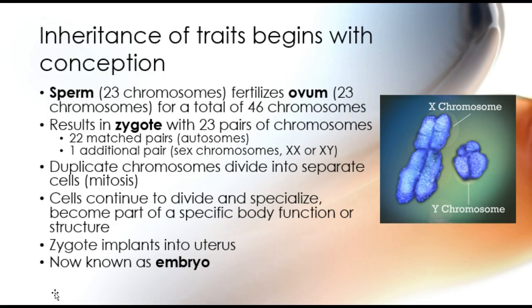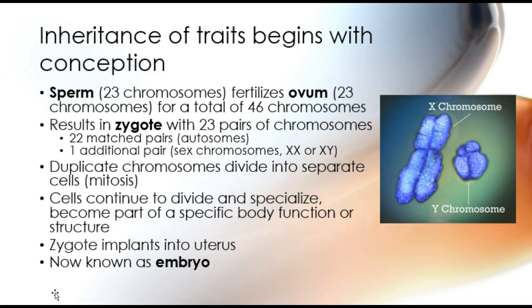22 of these pairs are matched, and they're called autosomes. In autosome pairs, the chromosomes look and function alike, so that's why they're called autosomes. The chromosomes of the 23rd pair are called the sex chromosomes because they have an important role to play in